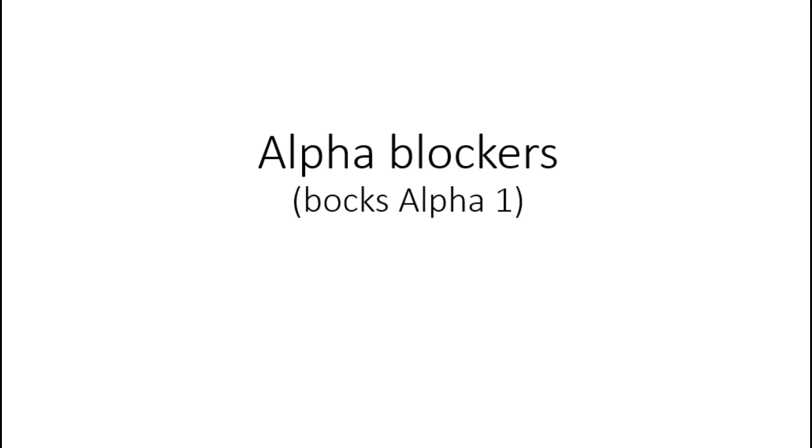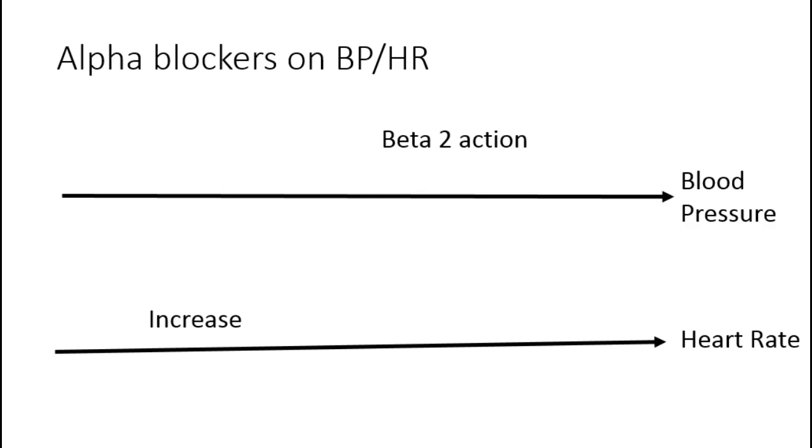Next, we are moving to sympathetic blockers. In sympathetic blockers, the first drug we will cover is alpha blockers. Alpha blockers mainly block alpha-1 receptors. As you know, alpha action is vasoconstriction, and once these alpha receptors are blocked, then beta-2 receptors are uninhibited, and that's why you would see predominant beta-2 action. Because of this beta-2 action, you would see fall in blood pressure, and that's why alpha blockers are used in hypertension. And because of the decreased blood pressure, you may find increase in the heart rate, which would be a reflex